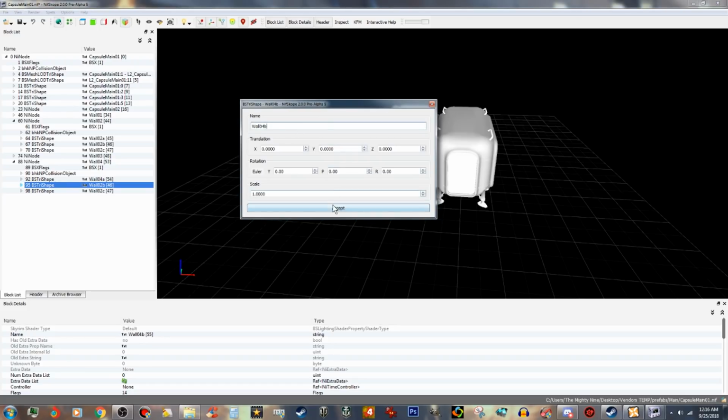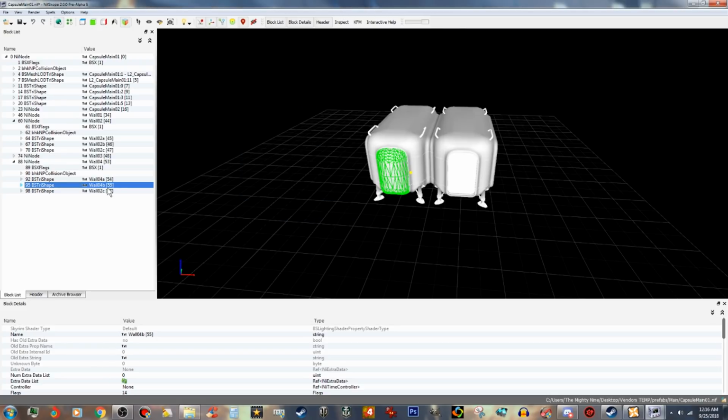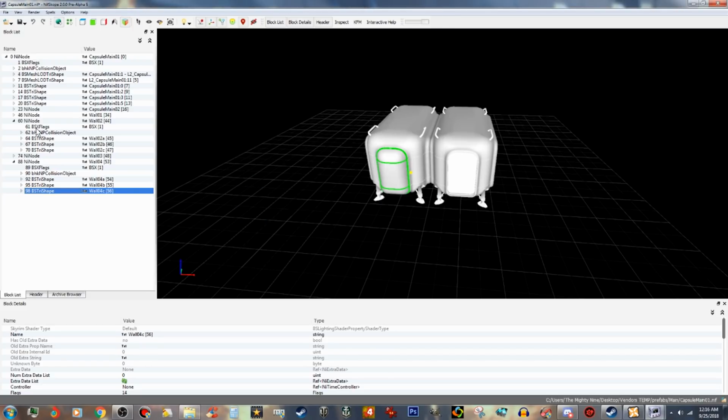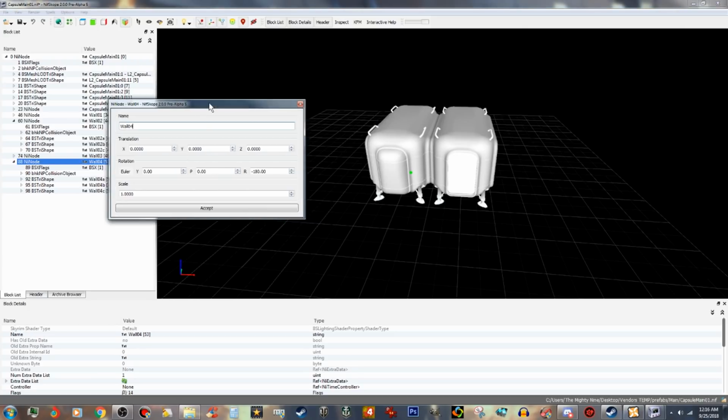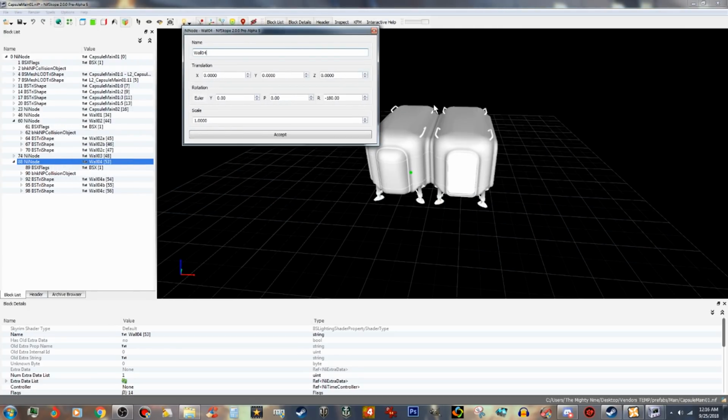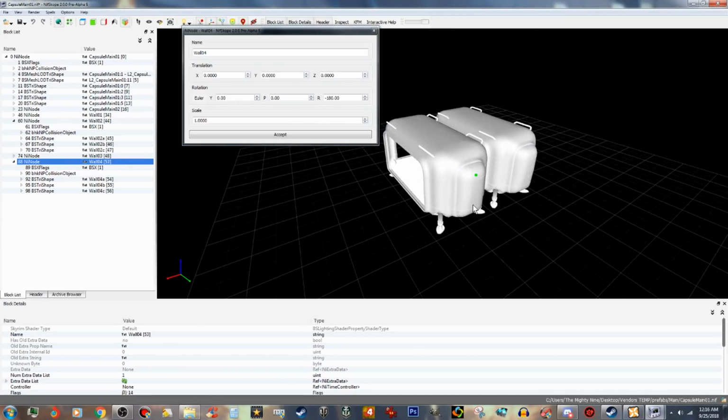4B. This is why it's so time consuming. Doing this kind of stuff can be really time consuming, but you get a nice result out of it. And now we can move this by going to this one here,